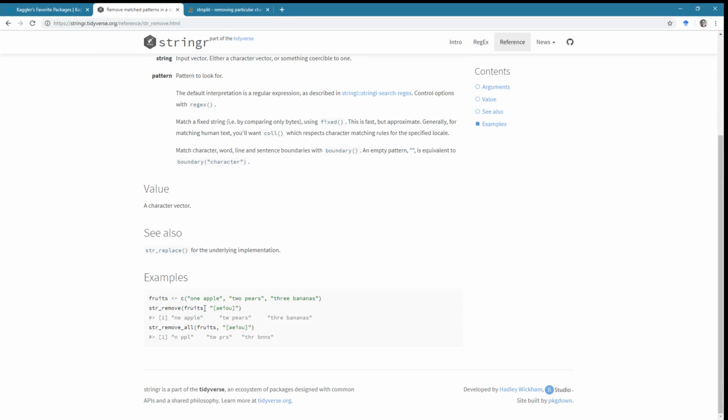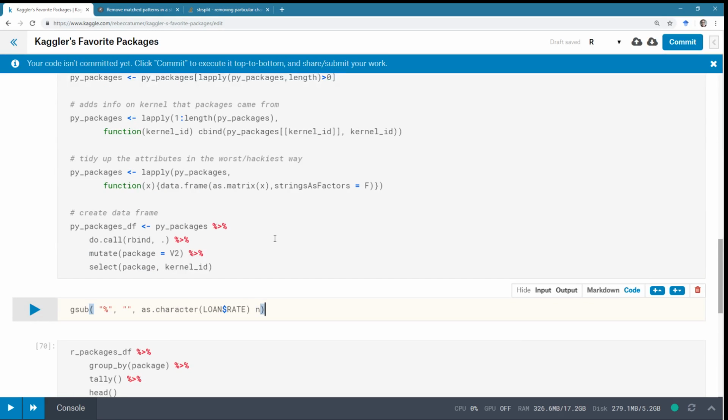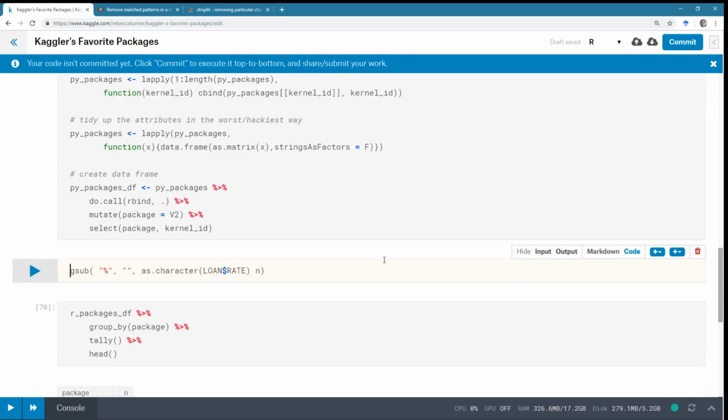Okay. So we should be able to str_remove. Let's check this out.